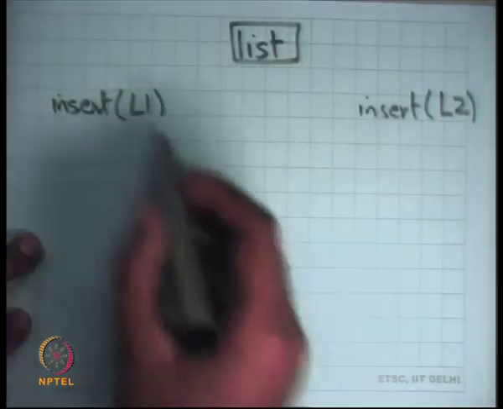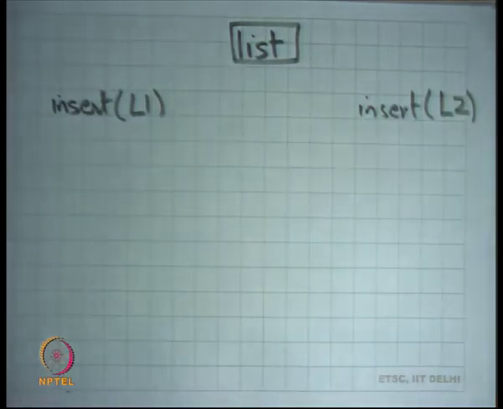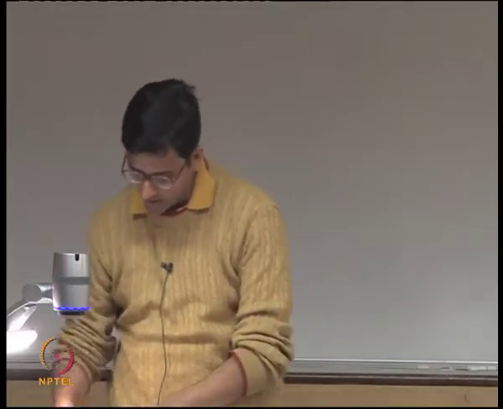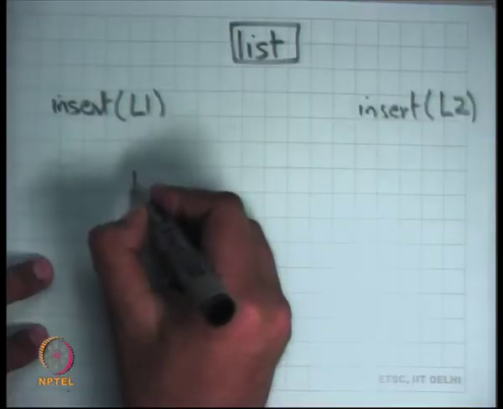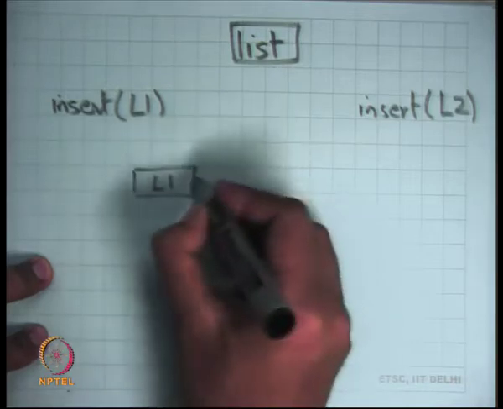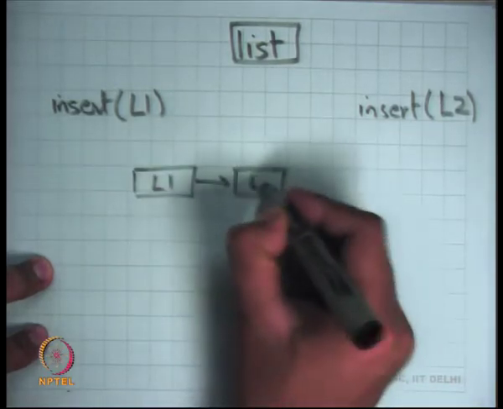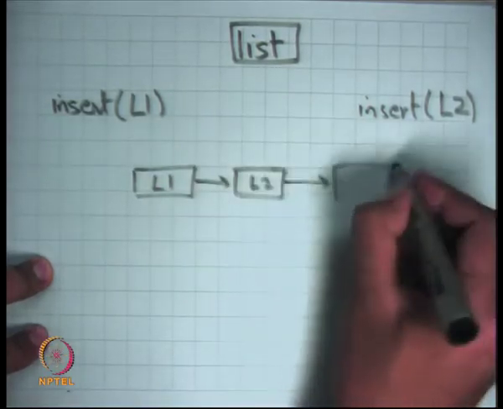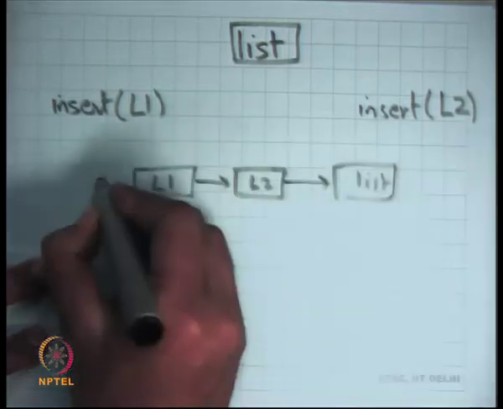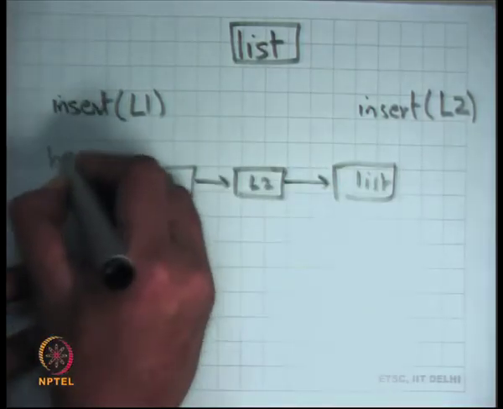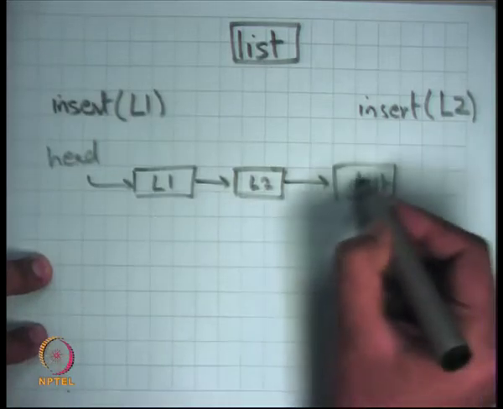Well, we would expect that if there are two threads and they can execute concurrently, you can think of those threads as just backed by processes. So both processes have made some system calls that want to write to the disk, for example, right? Both of them are going to make the insert system call, and what will happen is that either you will have something like L1, L2 and list, right, and let's say this will be the new list head.